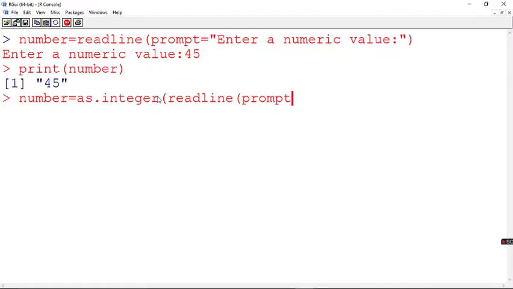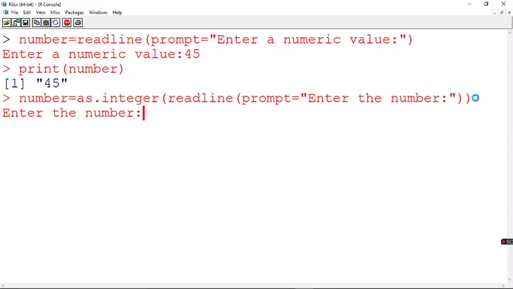So I say prompt is equal to enter the number, and I close this. I also close the as.integer brace. This brace I have closed here, and for this brace I am closing. This is the open brace and this is the closed one.